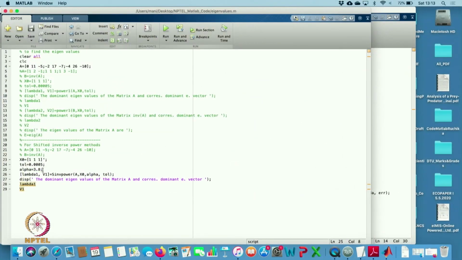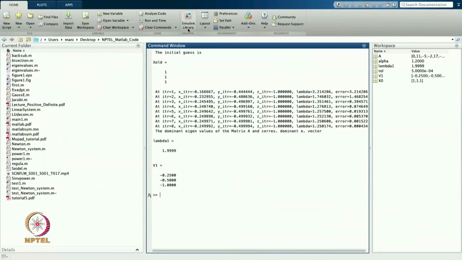Now I want to change it a little bit, and let us take it to 1.2. Let us see what will happen. Now I am getting 2 as the eigenvalue.